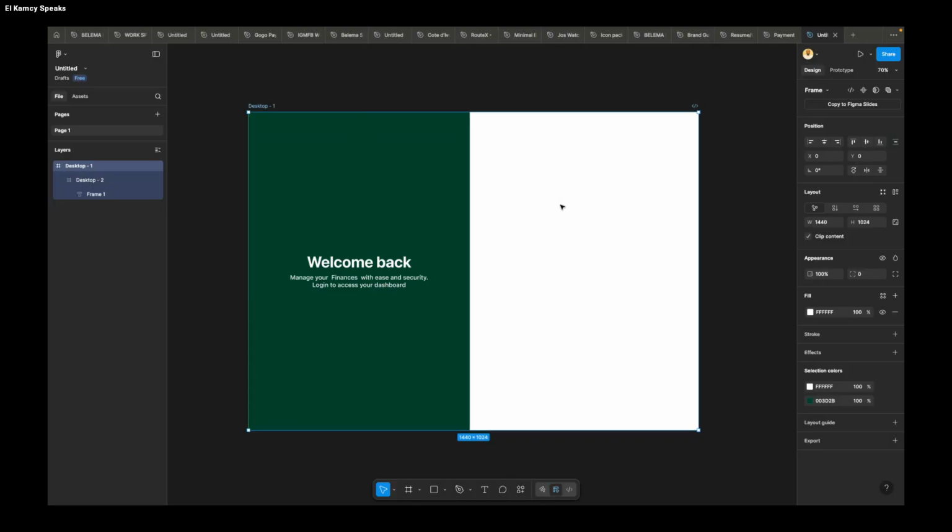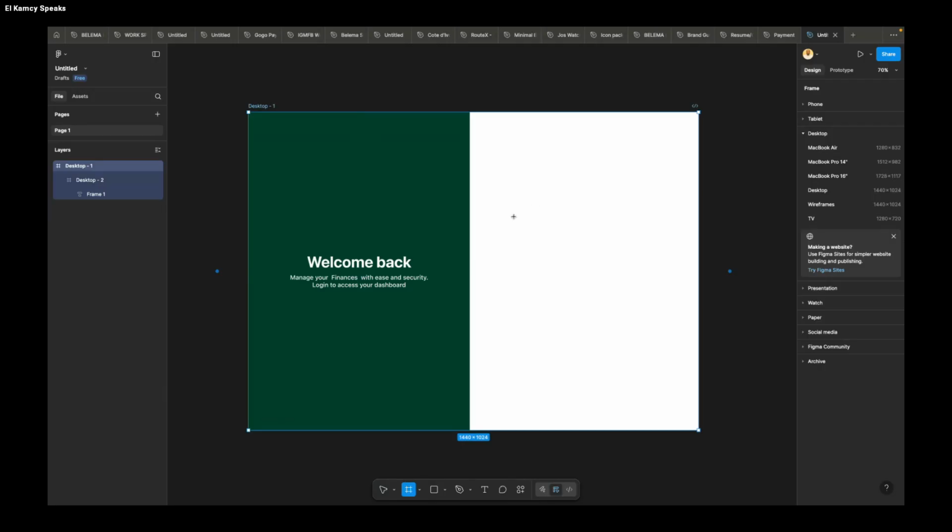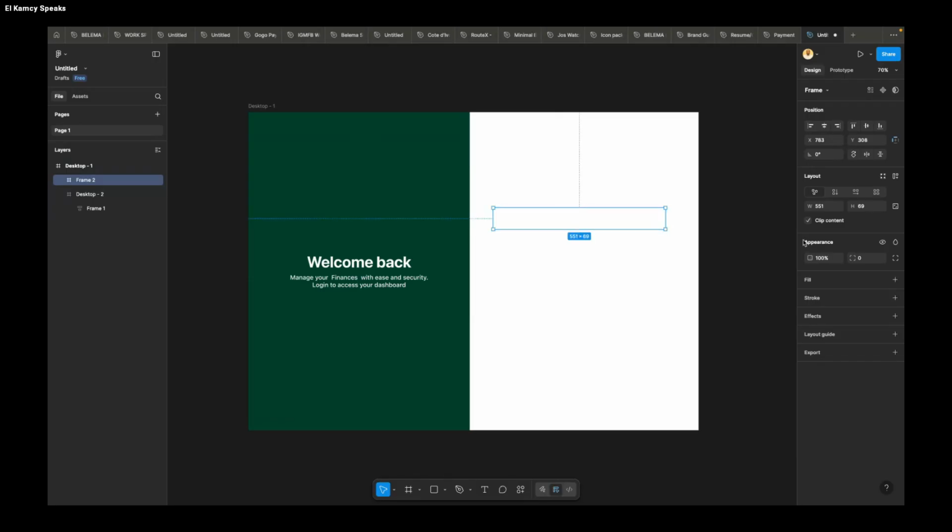So let's start with the sign up. For the sign up, we're going to have the full name, email address field, and then the password field. So basically, we're going to have three fields that we're going to use: the name field, email field, and then the password field, and then some other things to go around. So let's start with that. So for the first field,